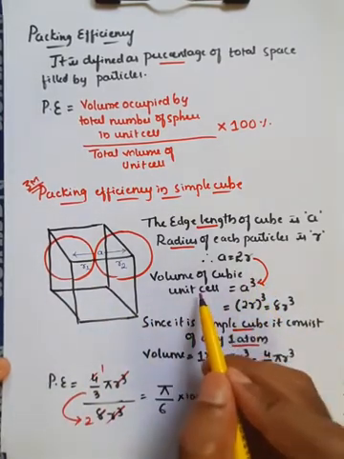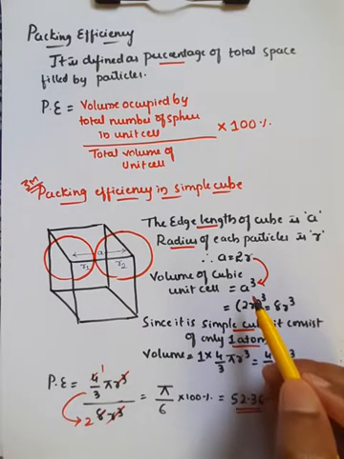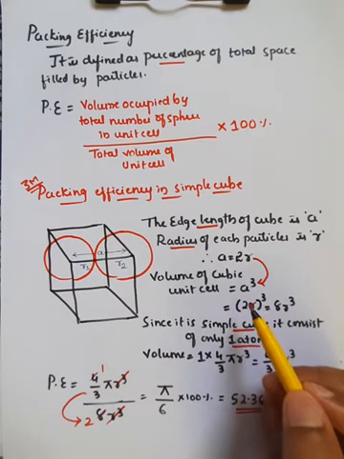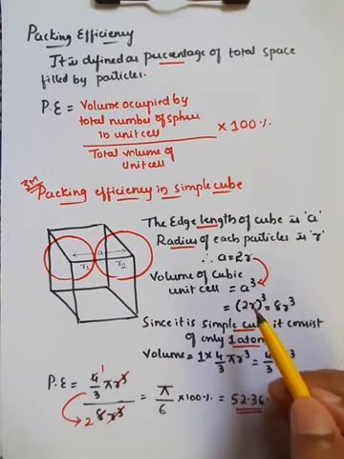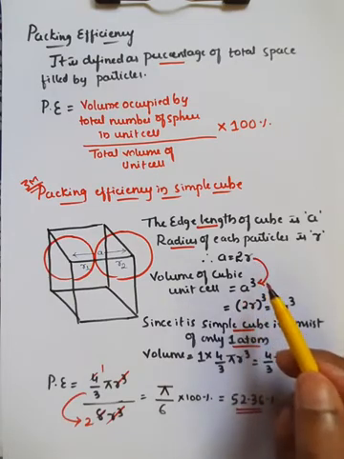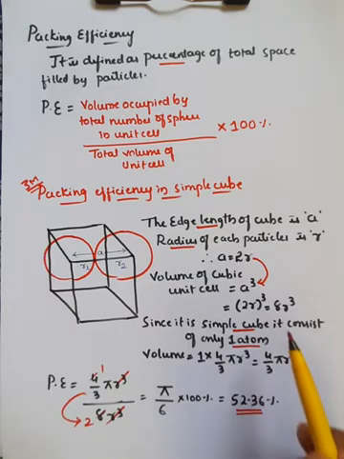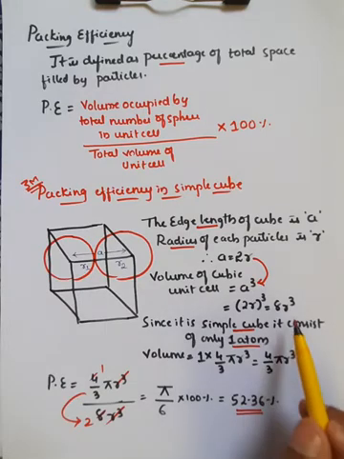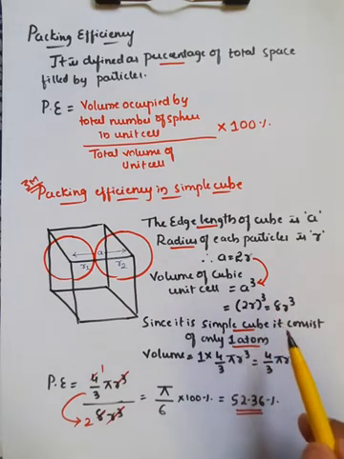The volume of the cube, the unit cell, is length into breadth into height, we know that, right? So a into a into a, which is also known as a cube. Further, we know the value of a, that is 2r. So whenever you substitute 2r here, in place of a cube it becomes (2r) cube, which, when you cube that value, is 8r cube, that is, 2 cube is 8, and r into r into r is r cube, right? So like this we can take the value.